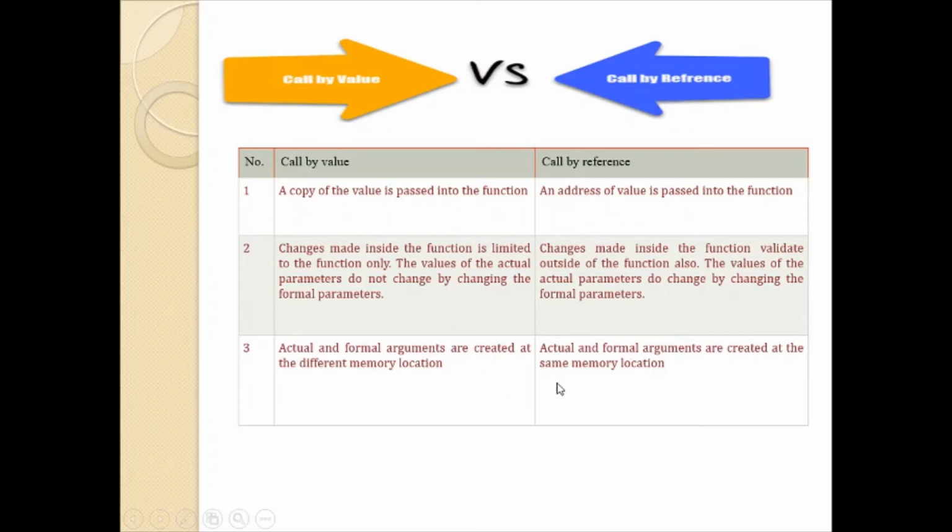Here there are no two separate memories allocated for actual and formal arguments. So there will be single memory which are pointing by this formal parameters. Hence, whatever changes you make with respect to formal parameter will get reflected in actual parameters. So these are some of the differences between call by value method and call by reference method.